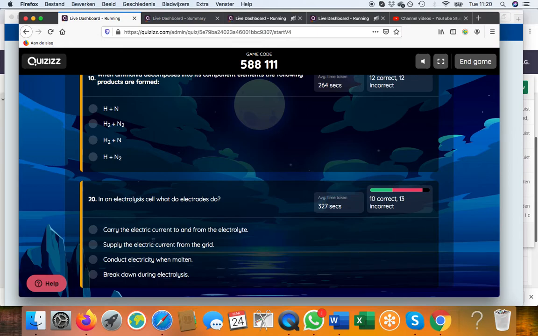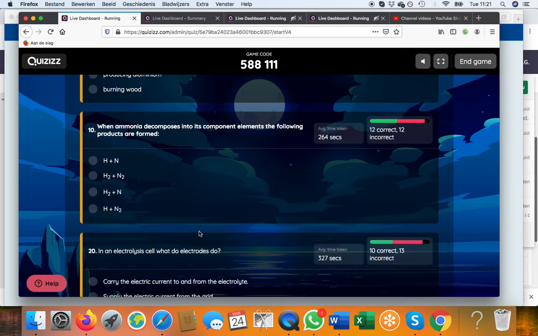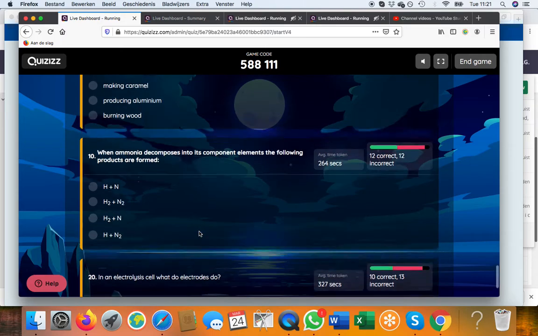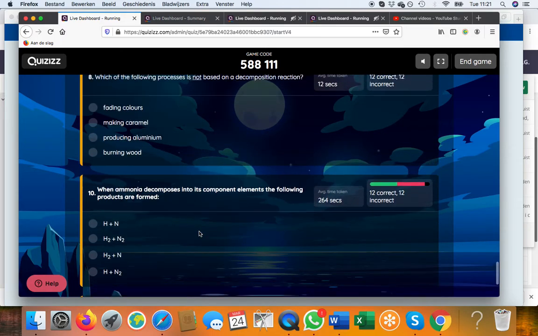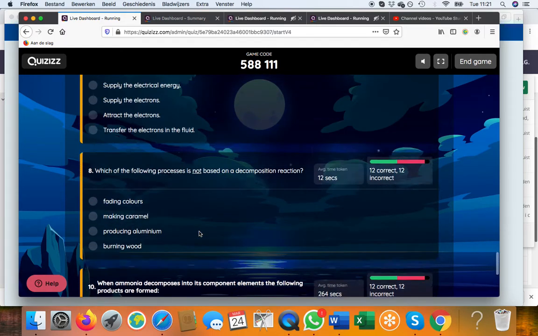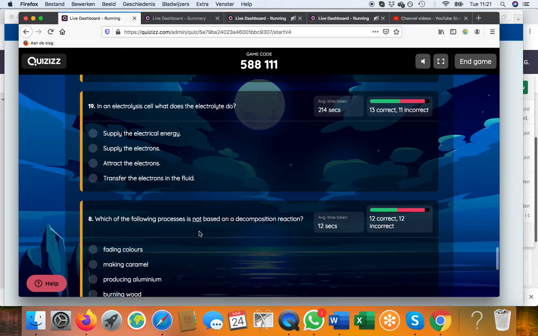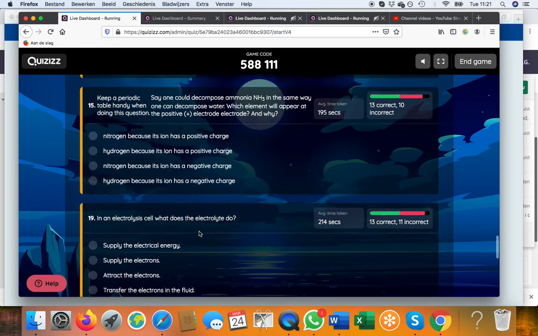That's possible. They supply the electric current from the grid. That's your power supply. Conduct electricity when molten. That's your electrolyte. And break down during electrolysis. Those are your reagents. So the first one is the correct one. Then this one, question 10, was already discussed. 8 was already discussed. 19 was already discussed,